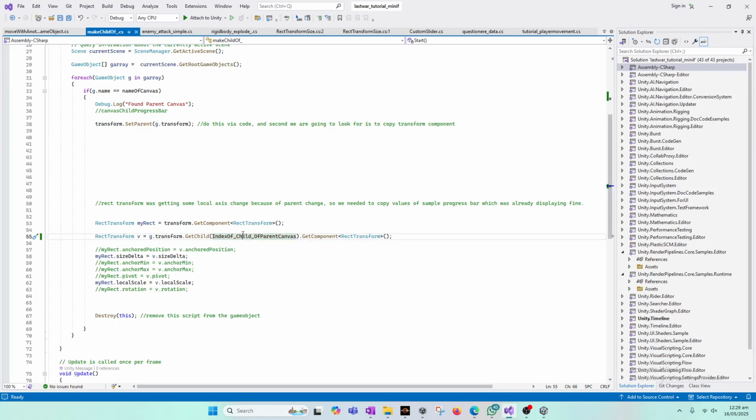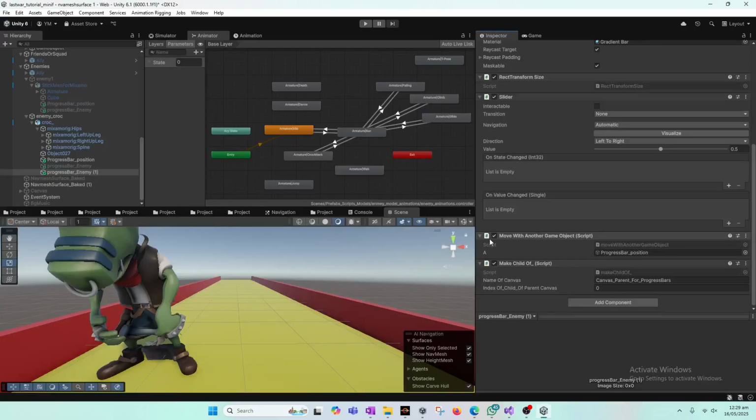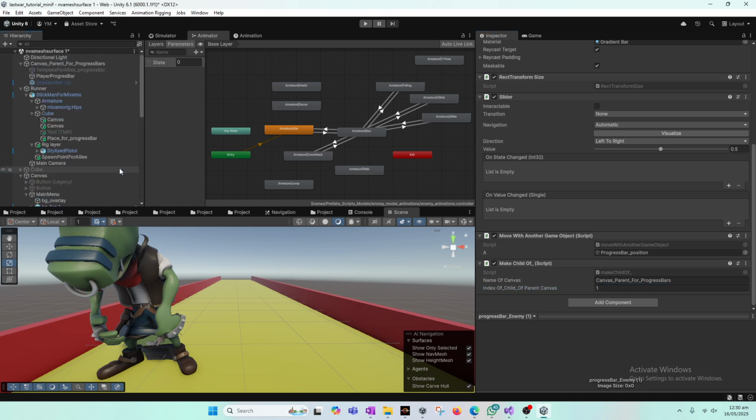By default it's a 0 value. But if someone wants to copy at a different position, they can get it that way. So I will put it like 1. So now it will copy the